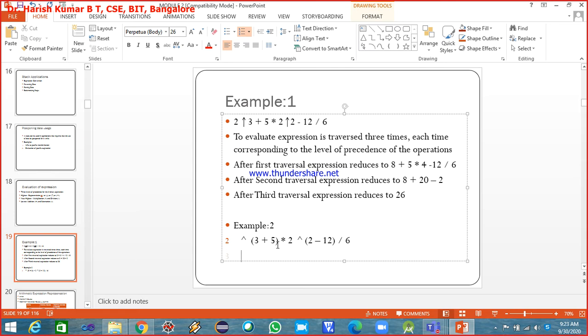First parenthesis. First you got to evaluate. So 2 I'll write as it is, and then exponentiation I'll write as it is. So 5 plus 3, okay, is 8. 3 plus 5 is 8, into 2, and then exponentiation again, and then 12 minus 2 I got to do. So it is how much? So minus 10